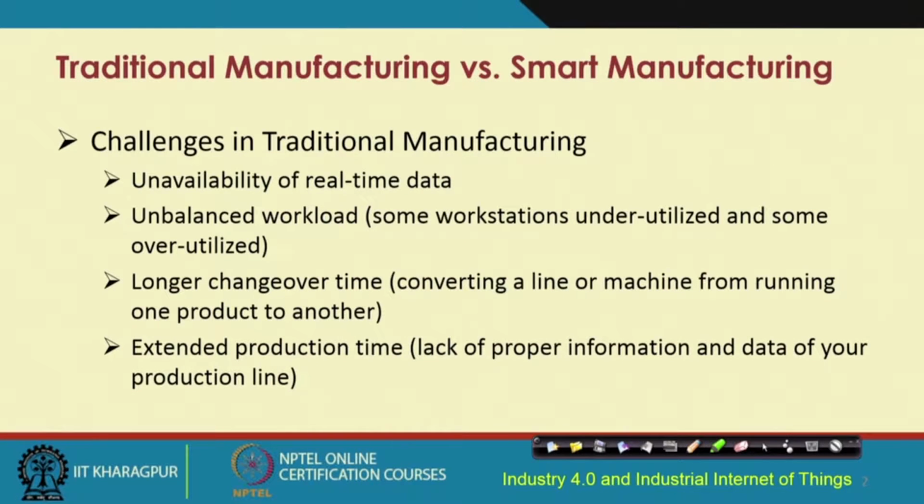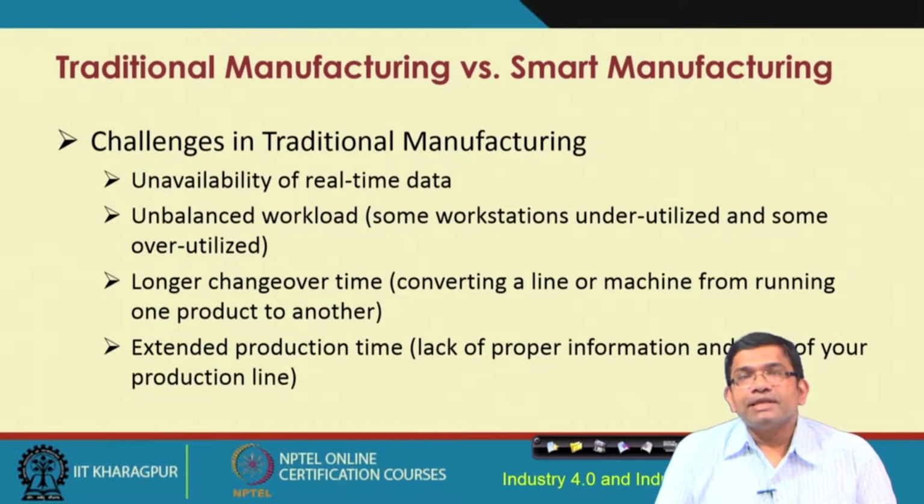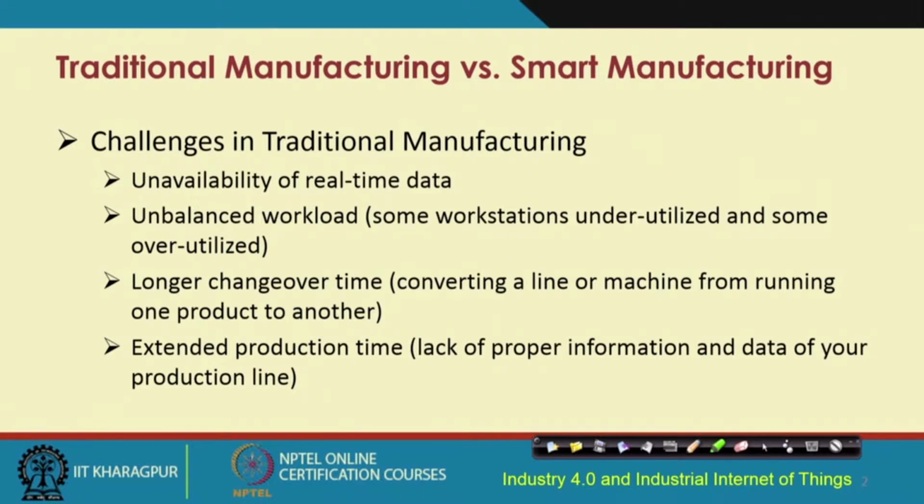manufacturing. Whenever we are talking about manufacturing, traditionally there were different challenges. These manufacturing machines used to work in isolation. These machines were not connected. There were different other challenges, such as because these machines were not connected with one another, there was unbalanced workload in these different machines. So, the workload across the different machines doing the same thing was not balanced. There were other challenges also, challenges with respect to the availability of data in real time.